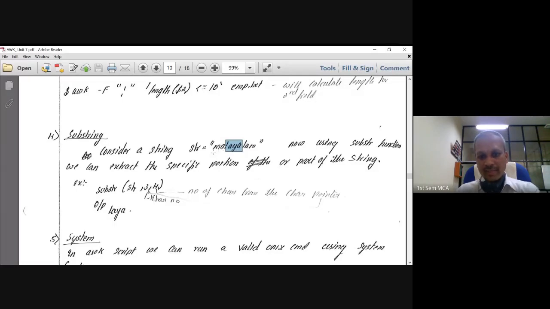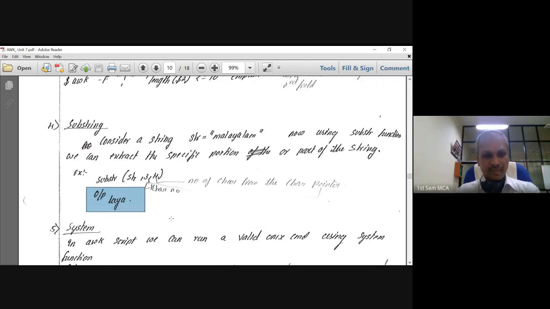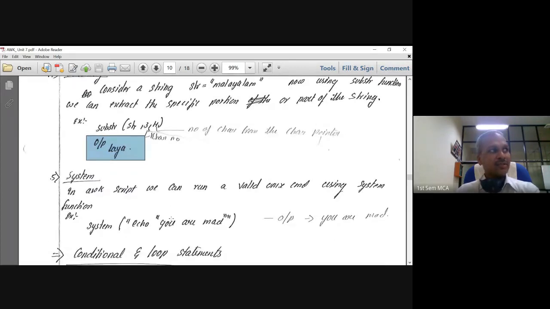So I need to provide the string as the first parameter. That's what we have done. Where does L start, out of the extraction that I want to do? Laya, L is at position 3. So 1, 2, 3. From character 3, how many characters do I want to extract? 4 characters: 1, 2, 3, 4. So from 3 to 7, I want to extract the value I am looking for, called Laya. That's how the process is going to work. We will have a small example to understand how this is done.